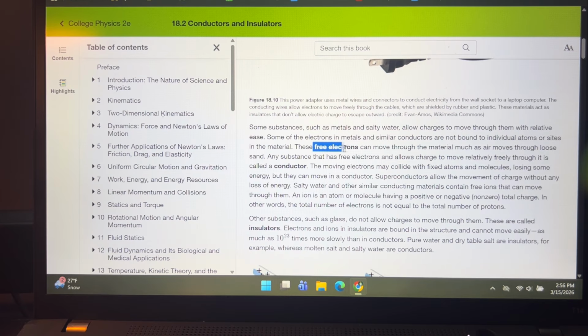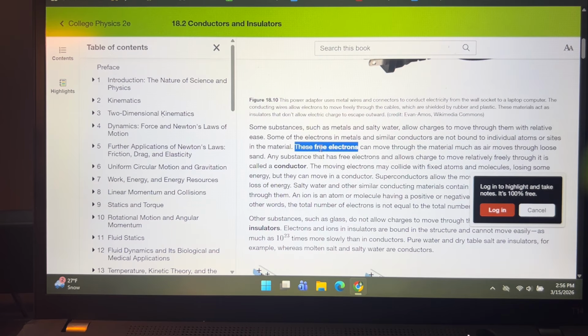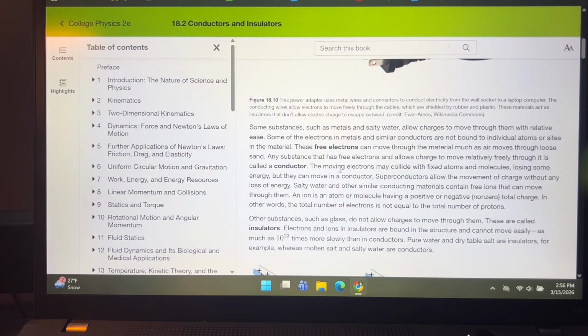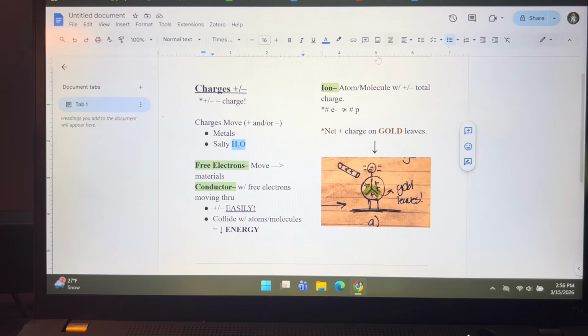Now this signifies in a science textbook that something about this sentence or this specific word or phrase is important. Here we notice that free electrons and conductor are bolded, like I said before. We can write those down, probably highlight them ourselves. Highlighting is a good way to signify importance for reviewing something again later. Usually highlighting works great for definitions,